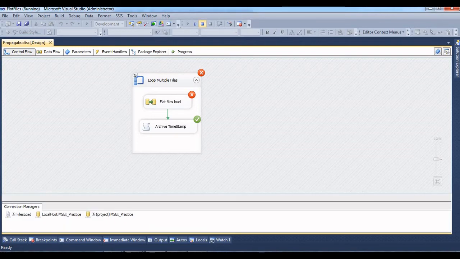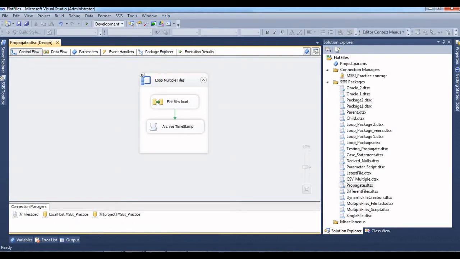But in some cases customers do not want to fail the package, so process all the files. The files having good data, we have to process. If a file doesn't contain proper data, just do not process that file. Accept all the files we need to process and move to the archive folder, whatever it is. How to build that kind of option, we are going to see.